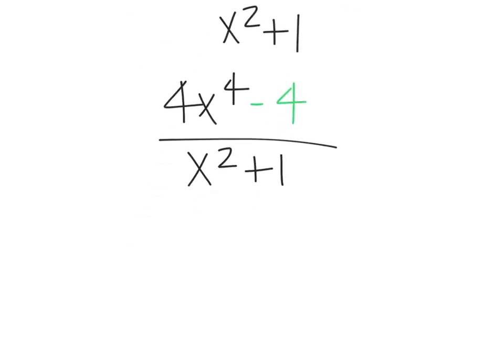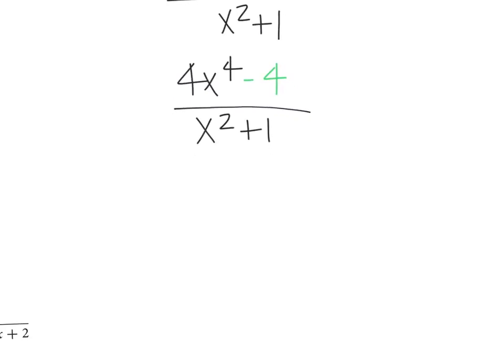So we need to figure out if we have any holes, if we have any excluded values from our denominator. So we've got to figure out what x cannot equal. In order for that to happen, we need to figure out what makes our denominator equal to 0. So I'm going to set x squared plus 1 equal to 0. Well, mathematically, I would need to subtract 1 from both sides to solve this, and I get x squared equals